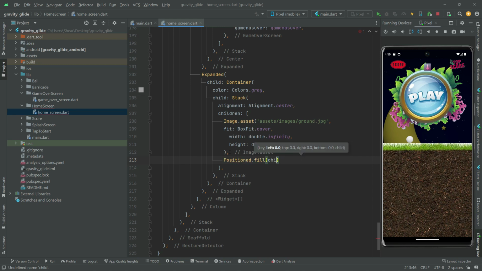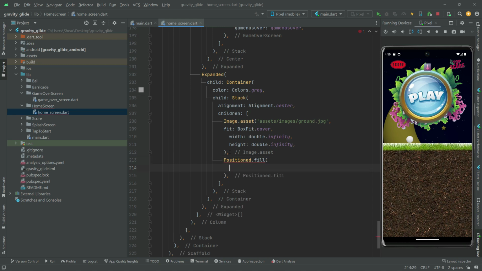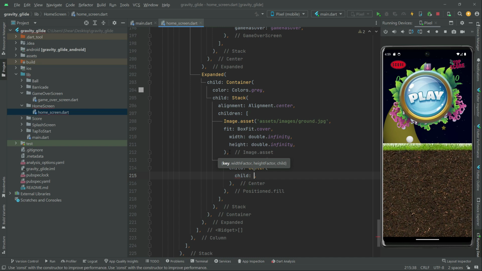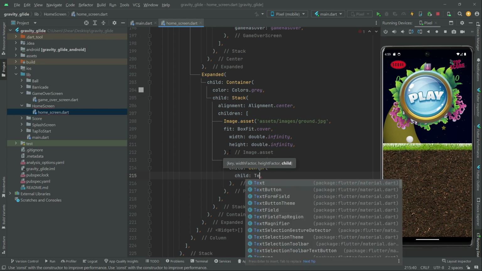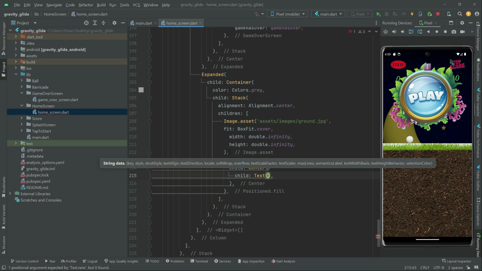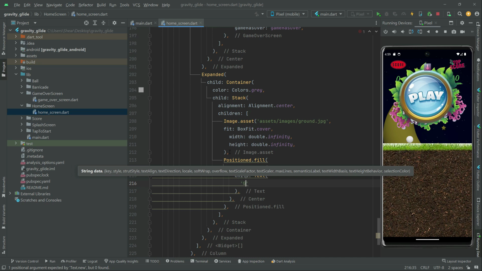In here for now, remove that. We will add this in a while. So in here, comma, and take this down from here. Take the center widget as a child over here, right in the center of the screen, the ground. In here I'll take the child text widget and take this down. We'll say Gravity Glide,